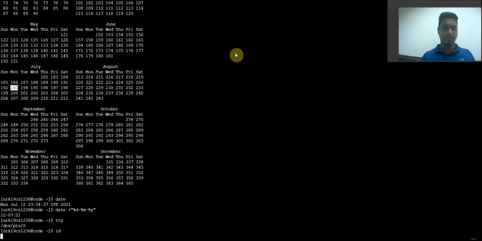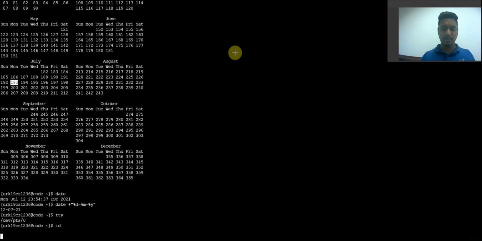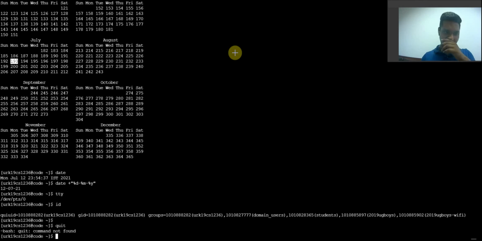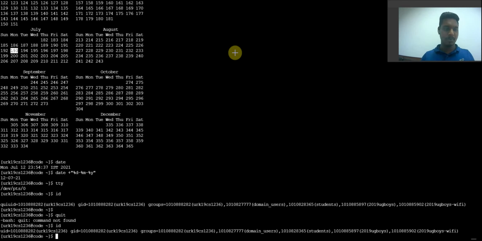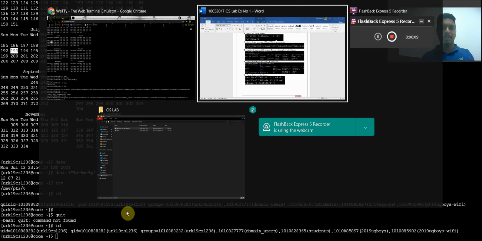Okay, so here you can see clearly the uid, the user id, is this and the group id is this. This is the id you can see here.